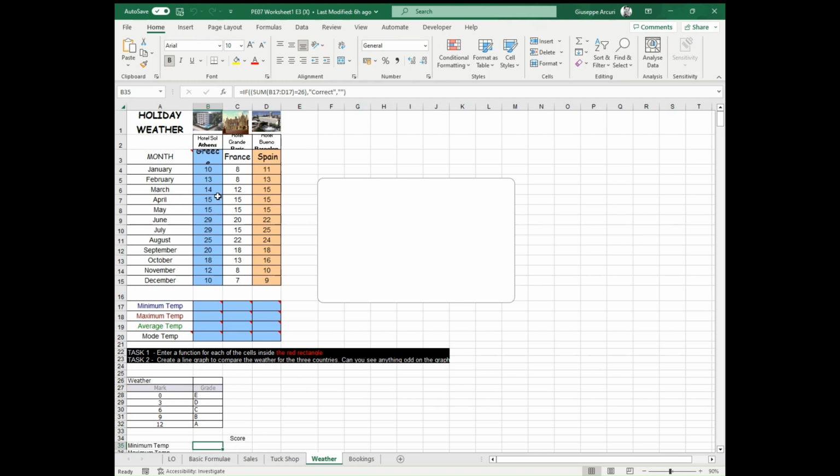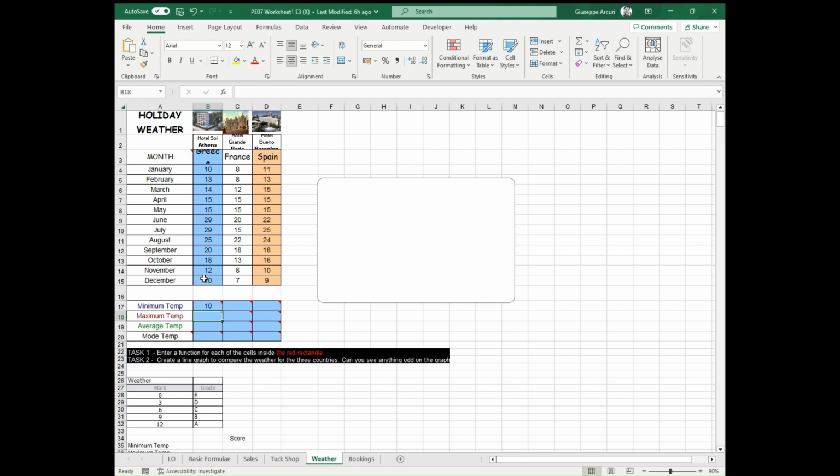So now we're gonna do the spreadsheet weather. For the worksheet E301, just click on weather, and we're gonna start to make up the formula. The first one asks to calculate the minimum temperature. So we're gonna click on the cell there, P17. We start the formula with equal, and we use the formula min. So open bracket, and we're gonna select the series of numbers, and we're gonna press enter, and the formula is